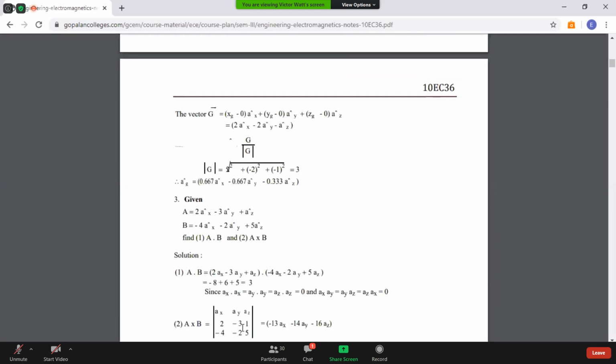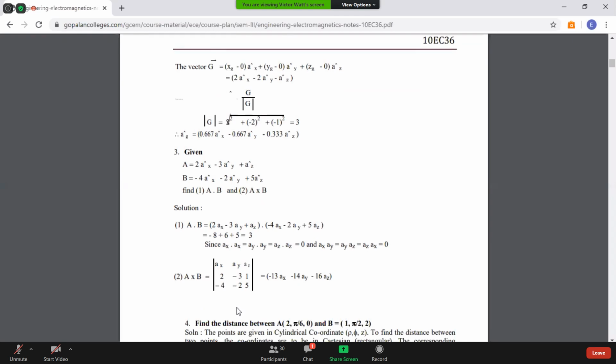The cross product now amounts to just simply the determinant. What you do is you blank out this one, you take out this and this. So ax would be minus 3 times 5, which is minus 15, minus 2, which is minus 13 AX. Follow that? Yes, sir.